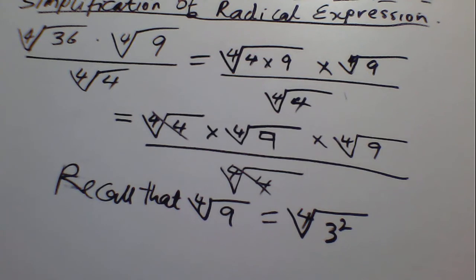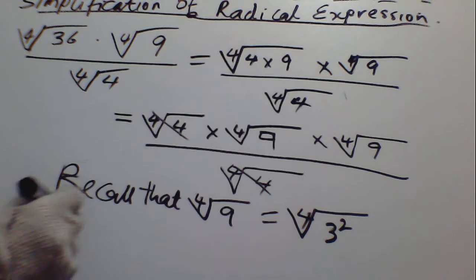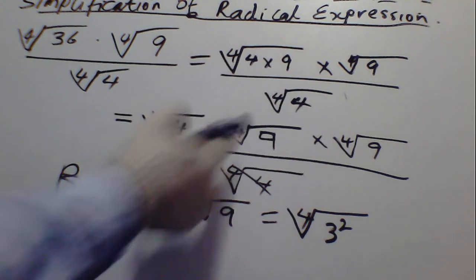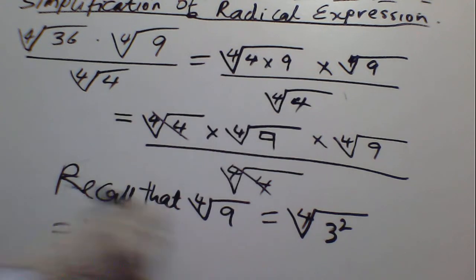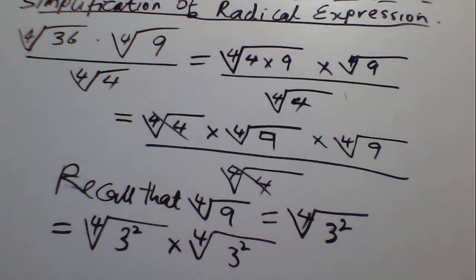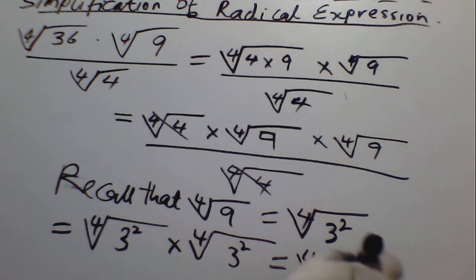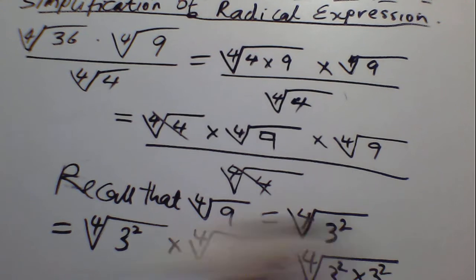So that we can substitute it here and still apply the product rule. Now we have the cube root of 3 raised to power 2 times the cube root of 3 raised to power 2. So from here we apply the product rule to give us 3 raised to power 2 times 3 raised to power 2,